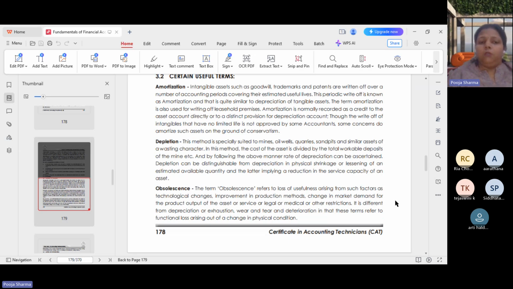For this, there are 2 points you should note. First, only the straight line method can be applied for amortization. Second, it can be used for intangible assets having limited useful life, but it will not be applicable for assets having unlimited life. Okay,